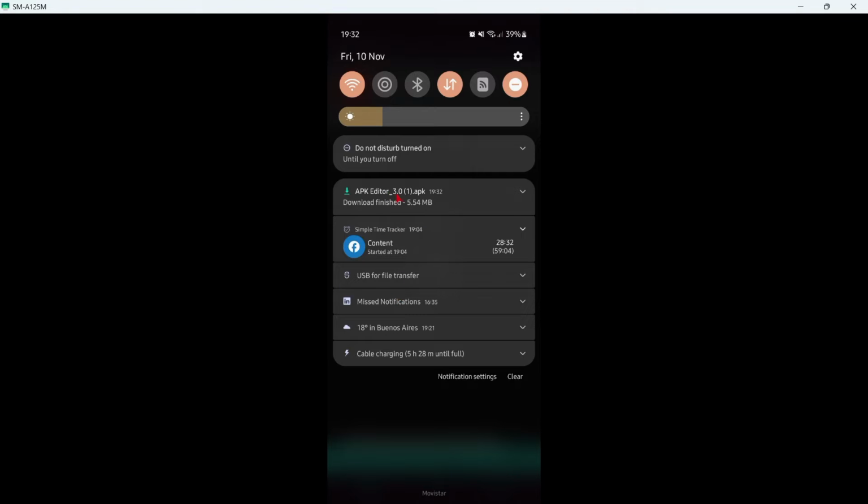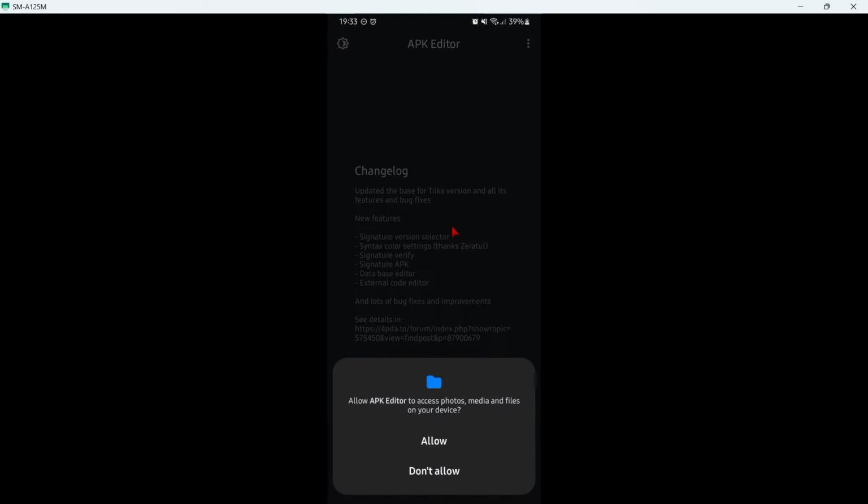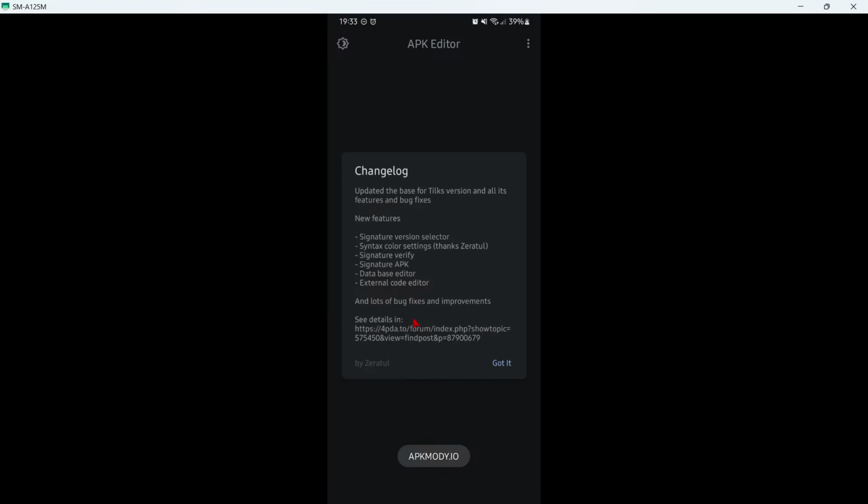Finally, let's click on the file, and as you can see, it's going to ask us to download this application. If some error pops up and it asks you to give some kind of permission, you just give it, okay? Because this is an application that isn't from the Play Store, as you can see. Once this is downloaded, let's click here open. We give all file access, of course, because we will need to import some folders.